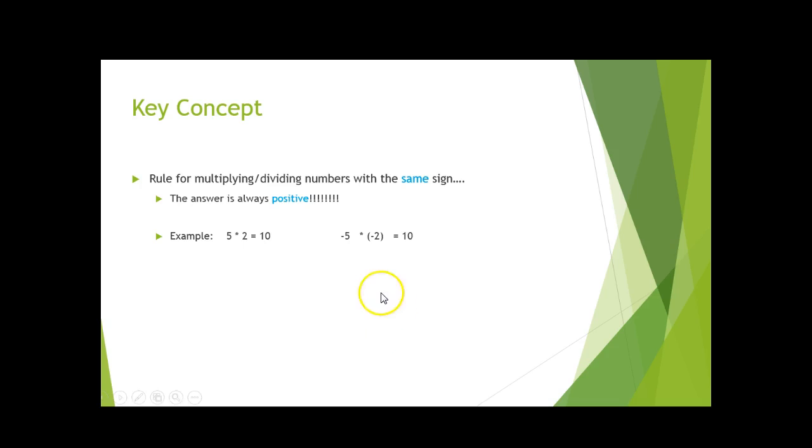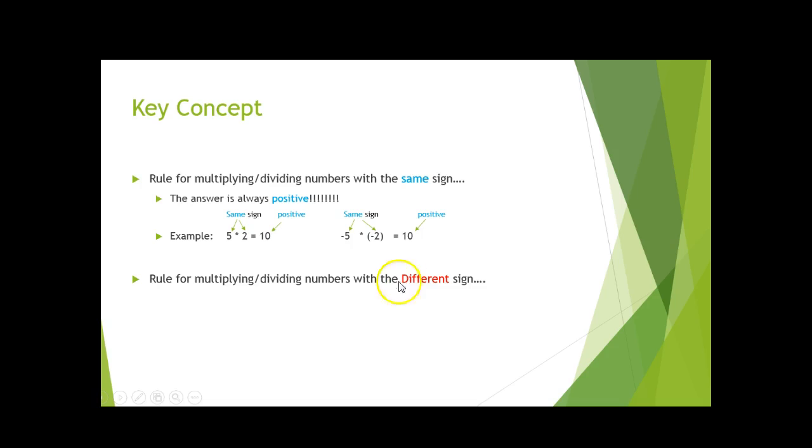So for example, positive 5 times positive 2, those are both the same sign. So that means that the answer is going to be positive. Same is true if I have negative 5 and negative 2, both the same sign, the answer is going to be also positive. It doesn't matter what the sign is, as long as they're the same, you're going to get a positive